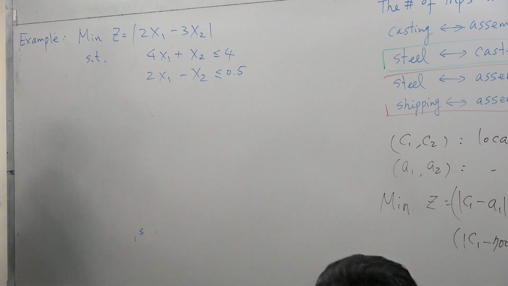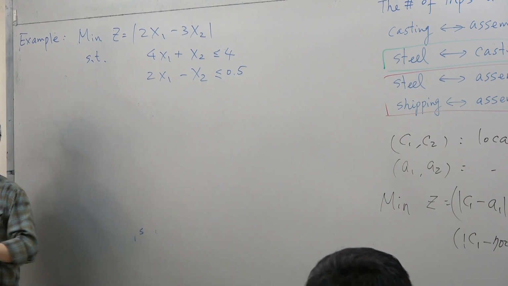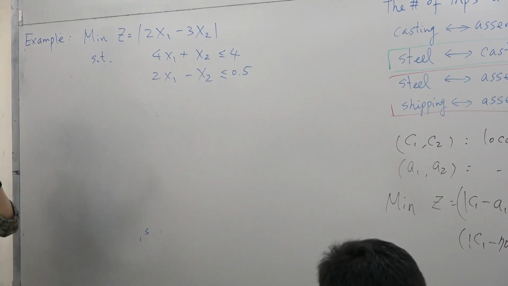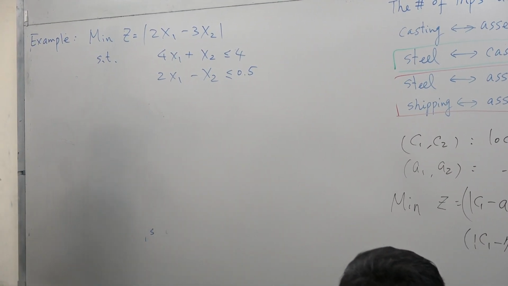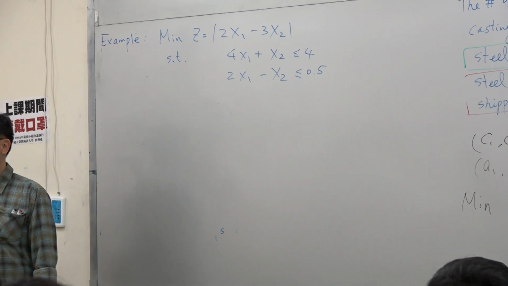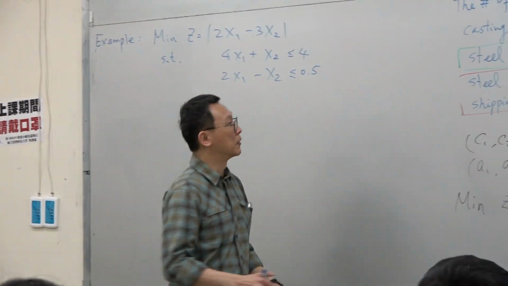Okay, so that's why when some of you PhD students are already working on your research, you'll find that some things, for example distance, actually are not linear. So how can you utilize different variables, or maybe add more variables, to try to transform them into a linear one? Okay, for example,